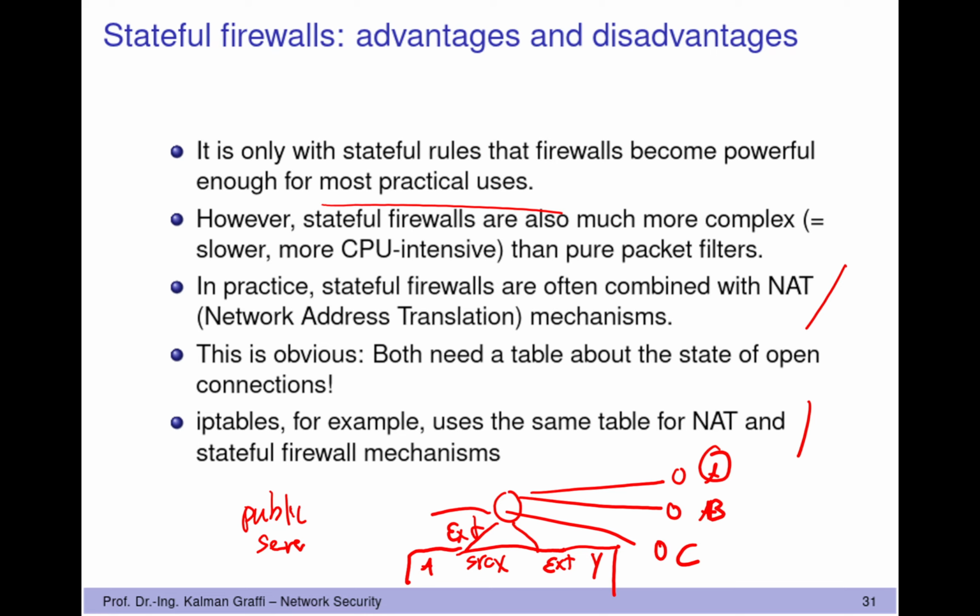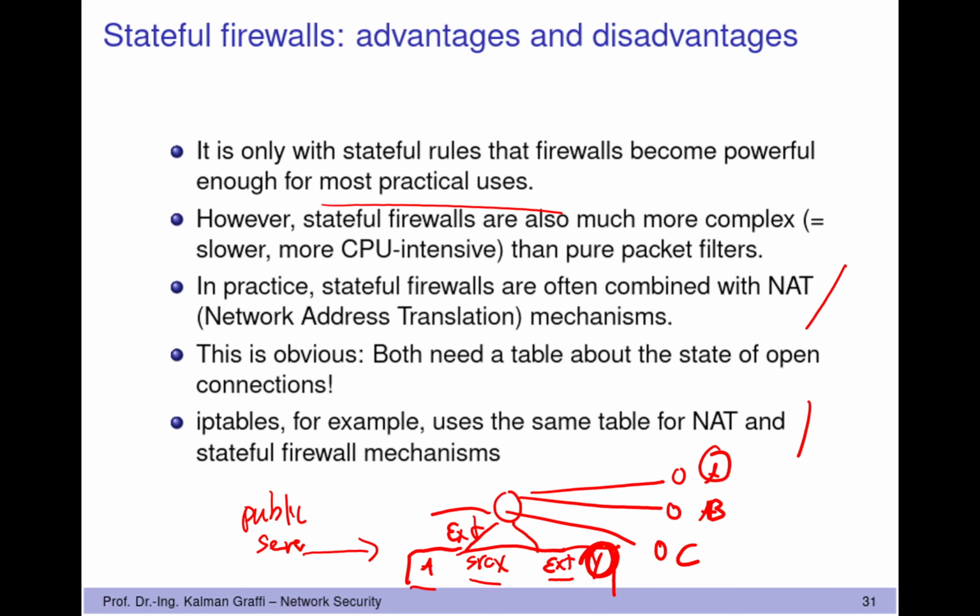And so if somebody is then contacting the server and at the same time addressing this specific port that we selected, then we know, okay, this port is associated to this instance application, and we can replace it by our internal